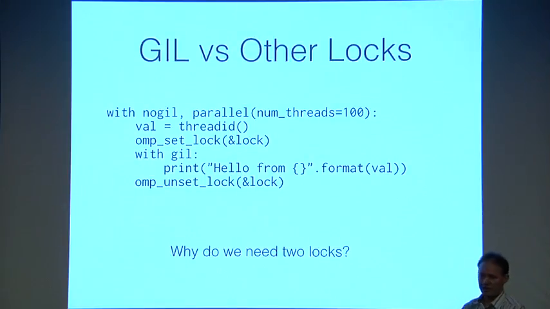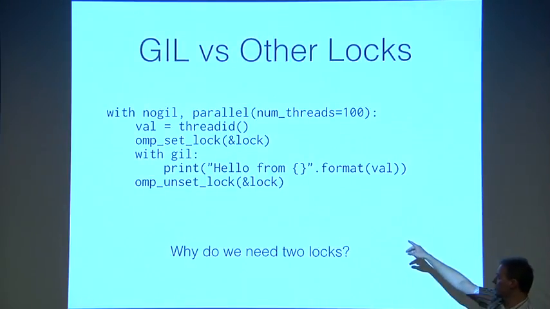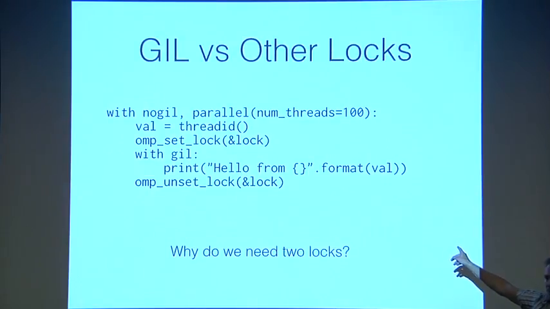And someone else could come in and print. And in fact, this is just the example from one lecture ago. If you take out the OpenMP locking, just comment those out and run it, you will see that lines start to run over each other, that it doesn't print as cleanly as when you have them in. And that's what's happening is the GIL, all the threads are hitting that with GIL statement basically at the same